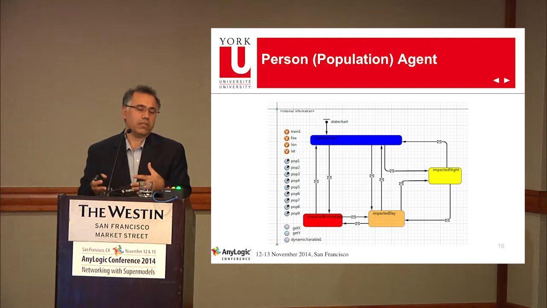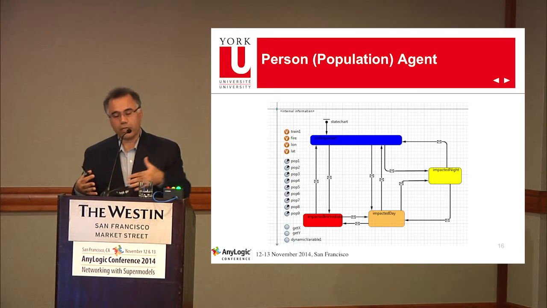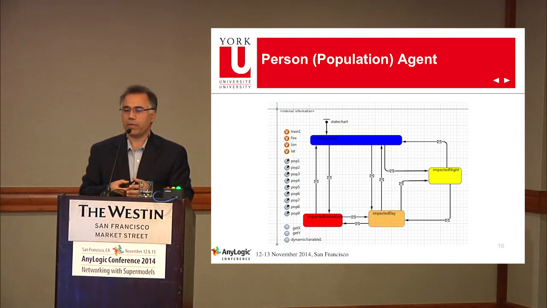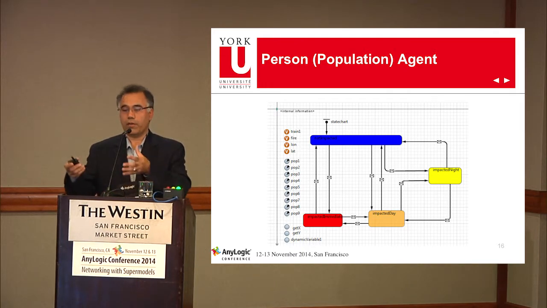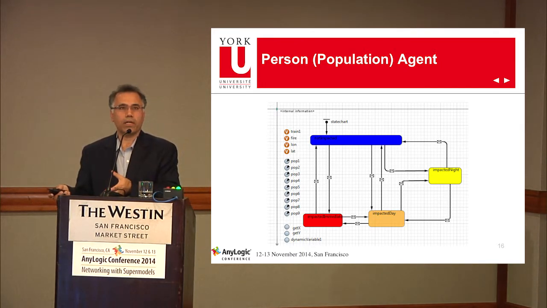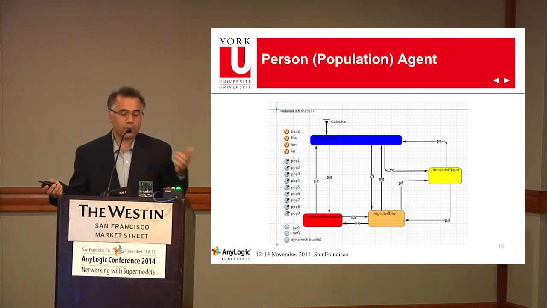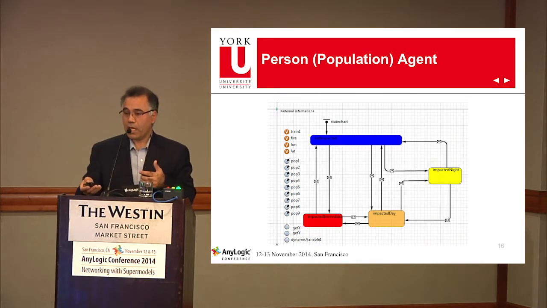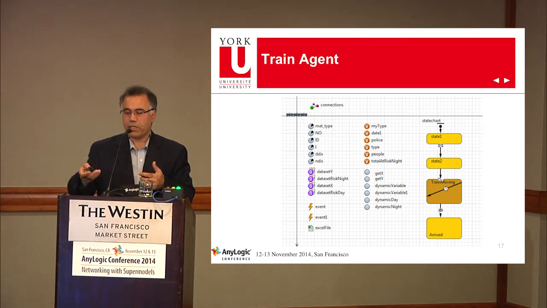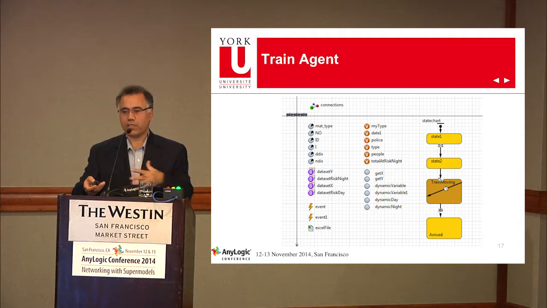This is basically an impact as distance, as the train enters that particular place. So it changes the state of one agent from being normal to impacted at night or impacted at day, depending on what the material is. And this information, of course, is read through that text file and also passed into